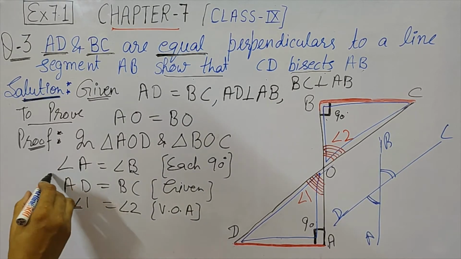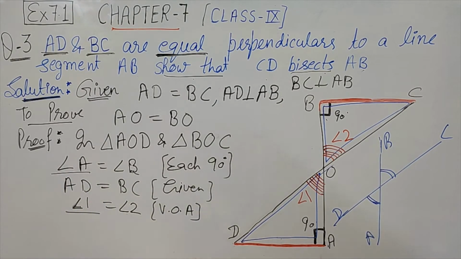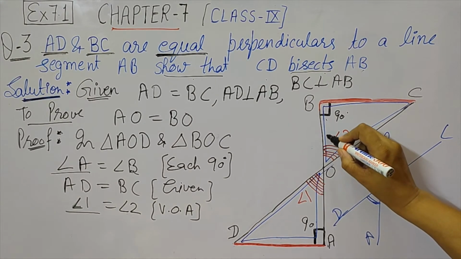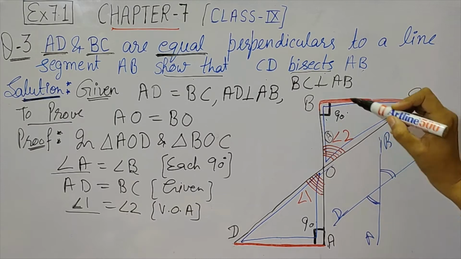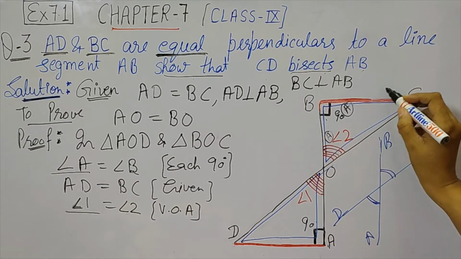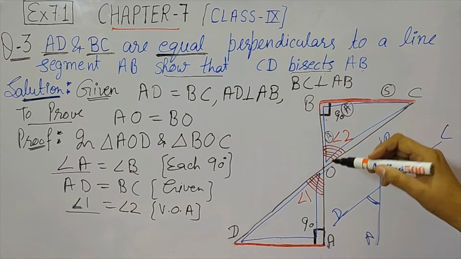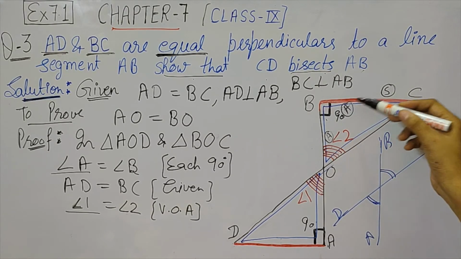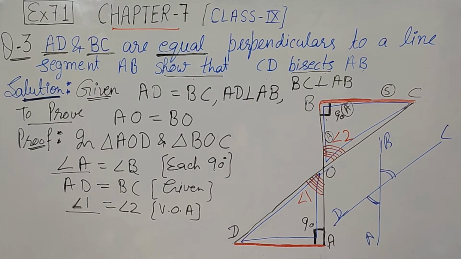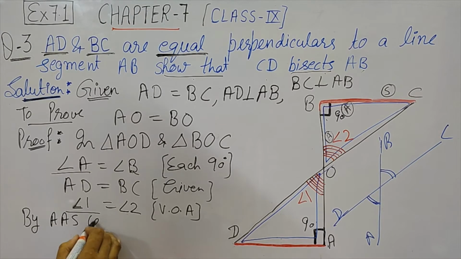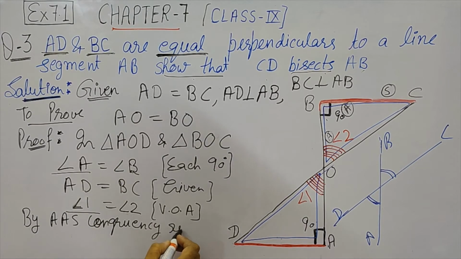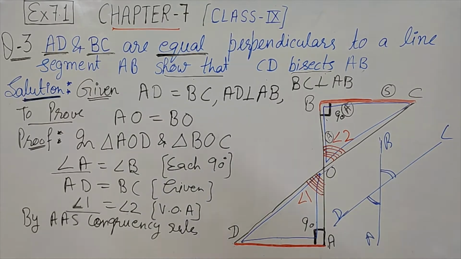Out of these three, two are angles and one is a side. So let us find the position of these three things. Firstly, you have written an angle. Then leaving this side, it is again an angle. And then you have taken a side. One angle, another angle and then a side. So what rule is forming here? AAS. So like this from the diagram you can find out which rule is forming here. So by AAS congruency criteria or rule you can write, by AAS congruency these two triangles become congruent.